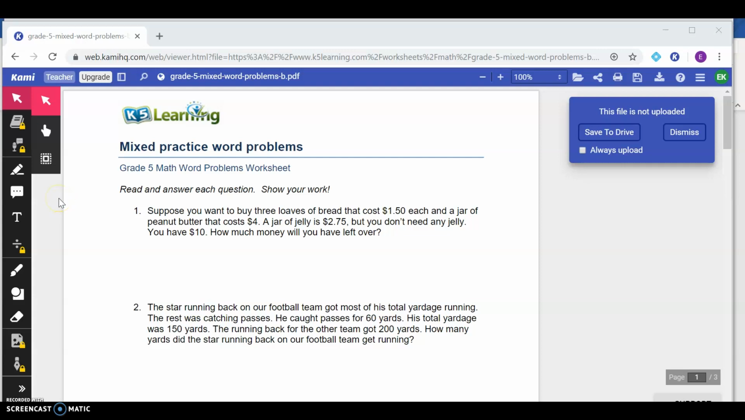So in 5th grade, students are expected to have math word problems and be able to complete them on their own. So we're going to teach close reading strategies using Kami to help us figure out some of these word problems. So kind of our first step is that you always want to read the problem once without doing anything with it. So read it completely once, and then the second time we read it, you are going to start marking it up. So our problem says, suppose you want to buy 3 loaves of bread that cost $1.50